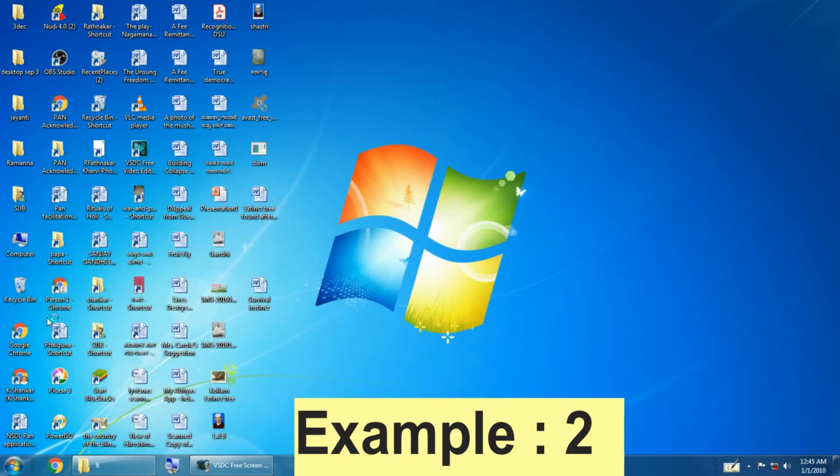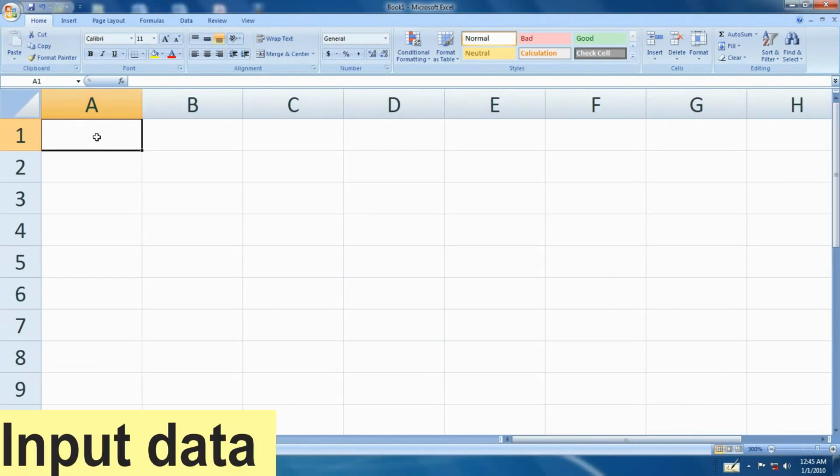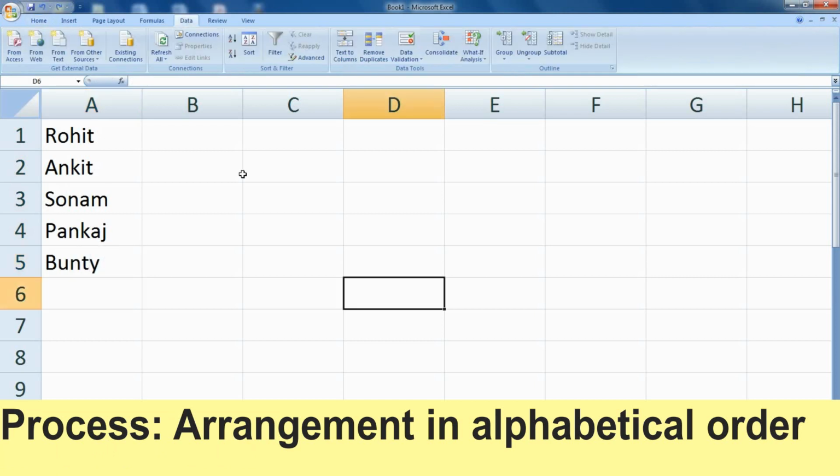For second example, I will take one Excel sheet. Input data is Rohit, Ankit, Sonam, Pankaj and Bunty. Input instruction is arrange in alphabetical order. For this input, process is the working of computer on data according to the instruction, that is arrangement in alphabetical order.